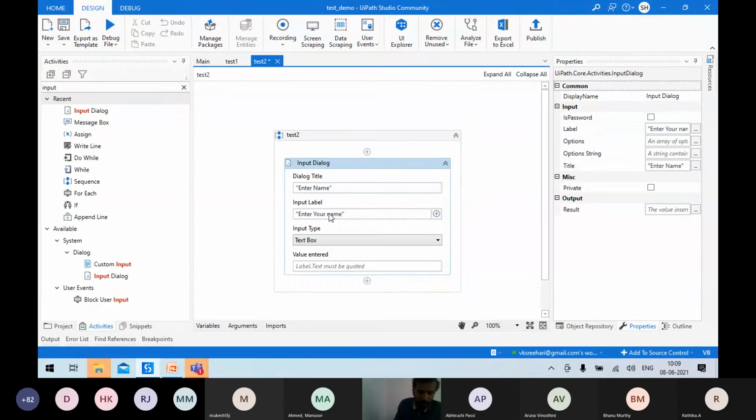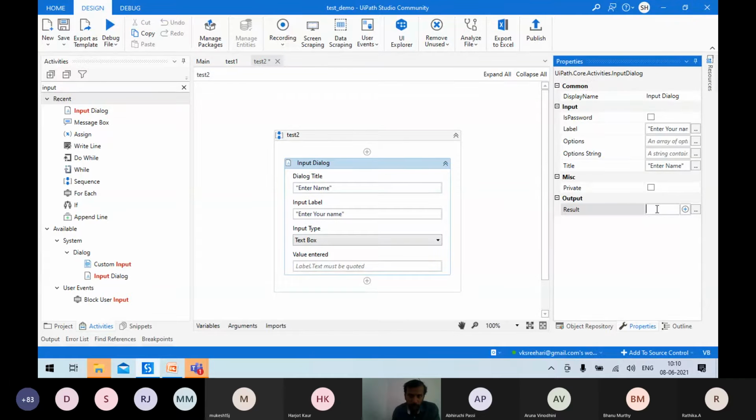When you say enter your name, what you are going to do as a user is enter your name, ABC or some name. When we enter that name, we need to give some space for it to be stored. We need to declare some variable where it will be stored. When you click on this input dialog, on the right side you will see the properties of this. The label you have written, all these things will be listed over here. At the bottom, you will see something called output.